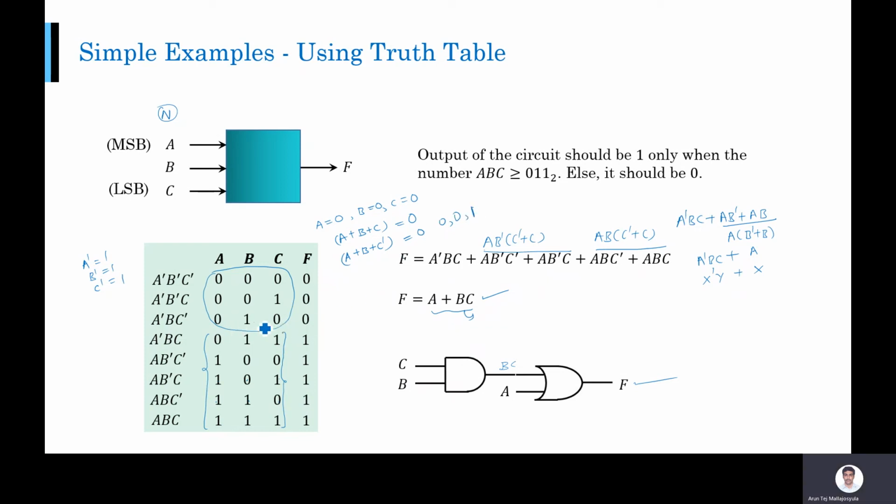And for the last one, for the third one also, we can write in the same way. A plus B dash plus C will be equal to 0 if A is equal to 0, B is equal to 1, C is equal to 0. For any other combination, this term will be not equal to 0. Okay, so now I can use this also to come to my final expression.